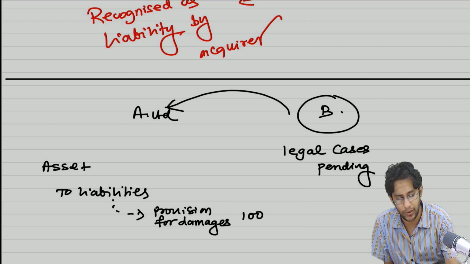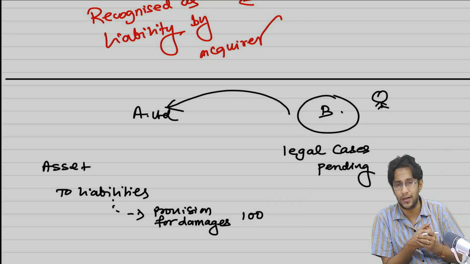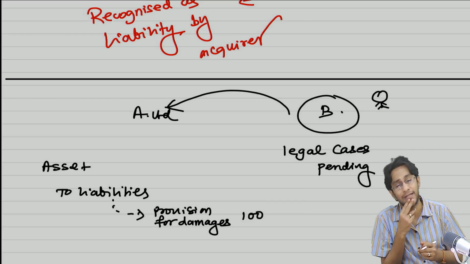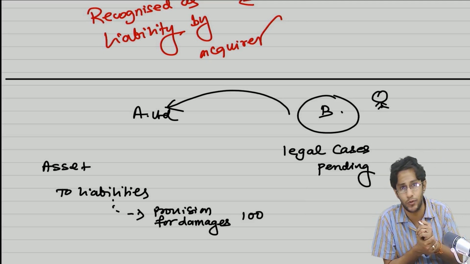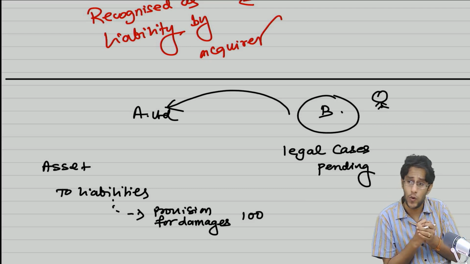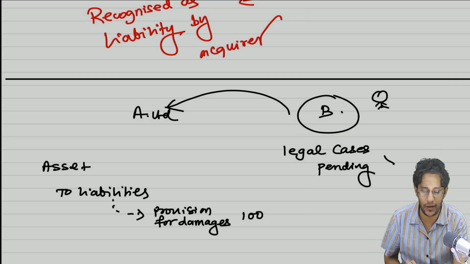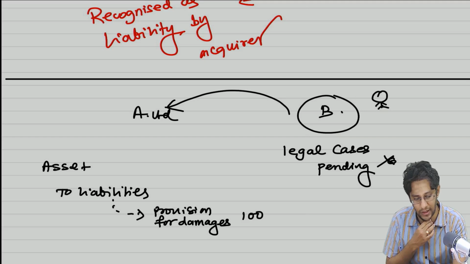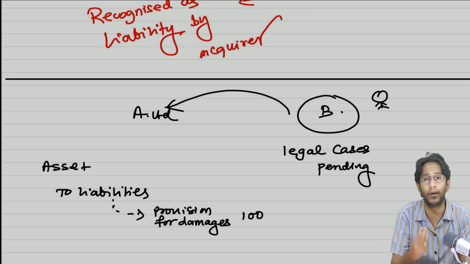Now, the B Limited owners, at the time of negotiating the PC and all, the amount of PC depends on how much liabilities B is having. But some liabilities are crystallized, some liabilities may be there, may not be there. It's sub judice in the court right now. So A and B are negotiating. B Limited owners are telling A Limited that, no sir, you take over our business. This liability will not materialize, is what B Limited owners are saying. In case it materializes, in case you suffer a loss because of this, we will compensate.